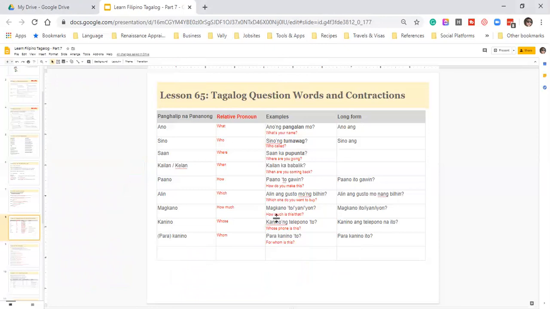So magkano is when you ask, whatever you want to ask for. For example, you want to ask the price of an apple. Magkano means how much. How would you ask? Mark it, because apple is a general noun. You have to mark it with the general noun marker. What noun marker will you use for apple? Ang. Yes. So you ask magkano.